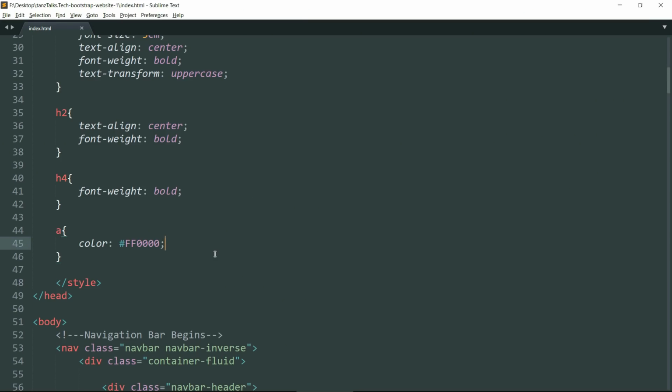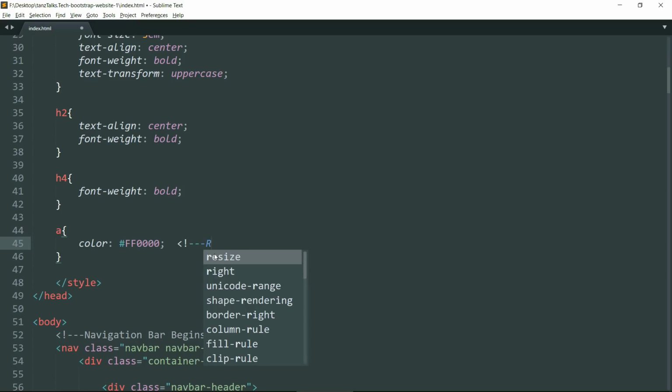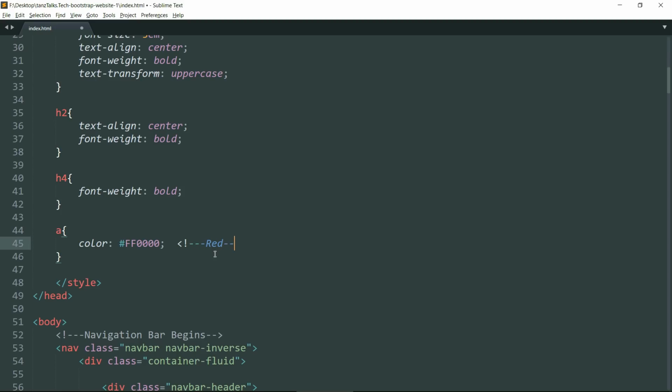If you like, you can write a comment here to remind you that it is a red color. Okay, I need to change the syntax, as the syntax for comments in CSS and HTML are different.